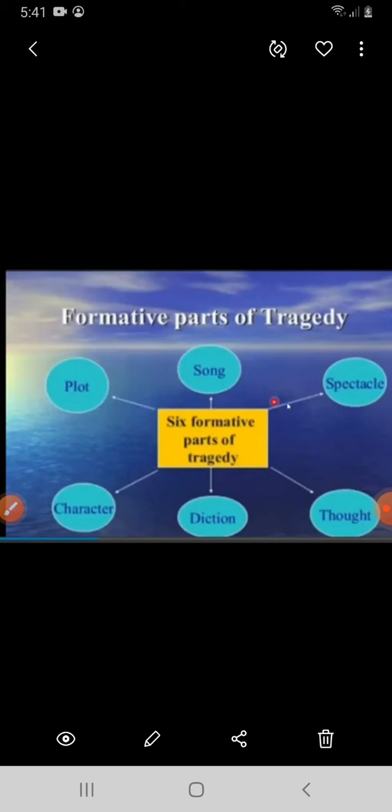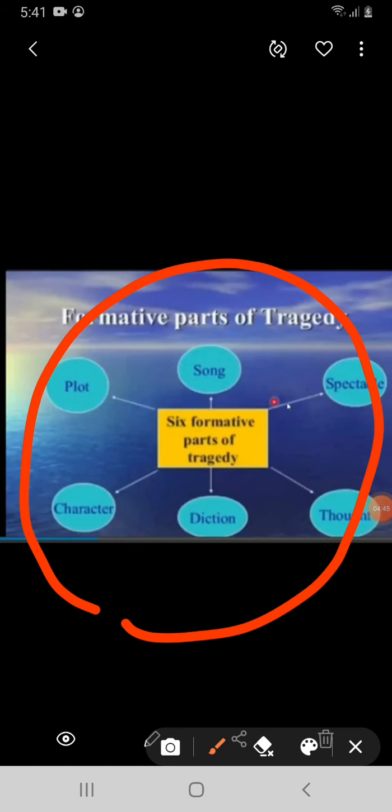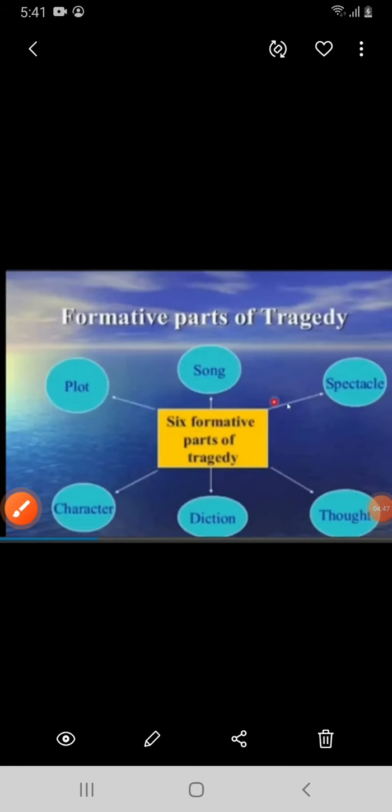So if we look once again at all these six components of tragedy, to explore the medium, mode, or object of imitation,